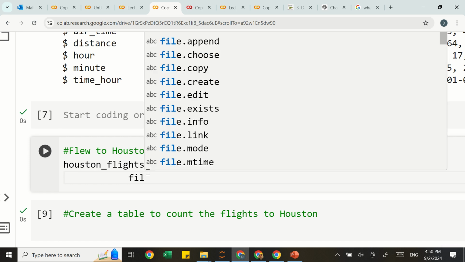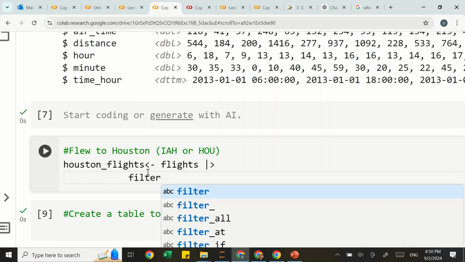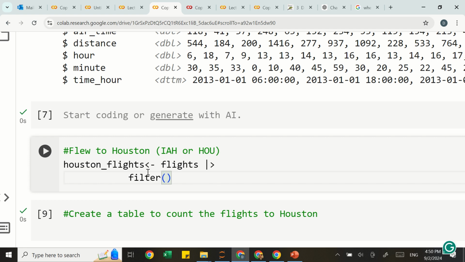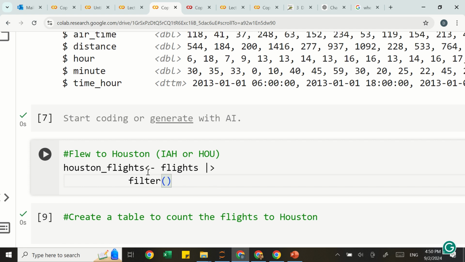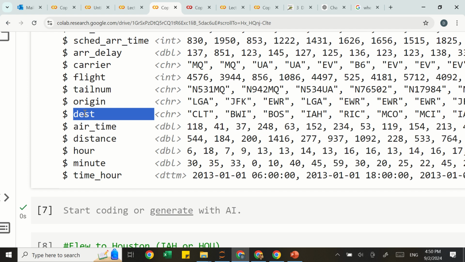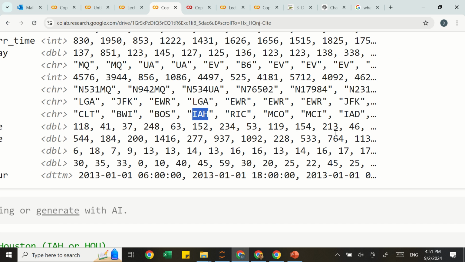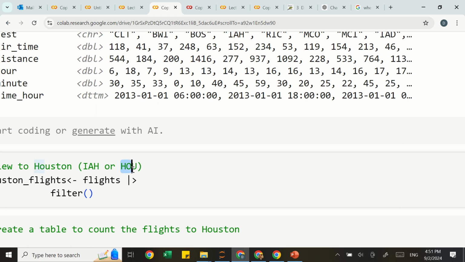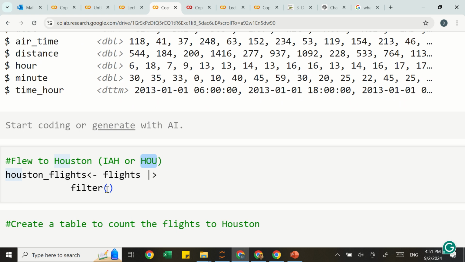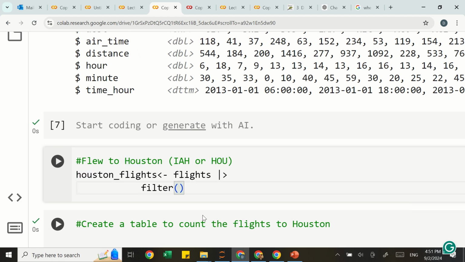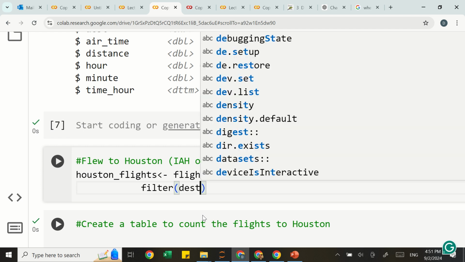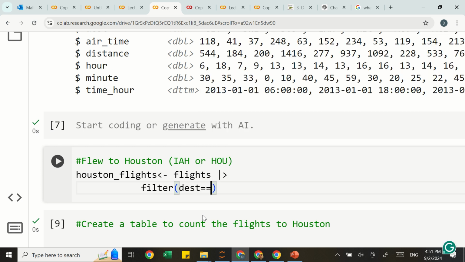And then filter the variable. If you check, it is dest, that's the destination, right? These are our destinations, IAH, and the other one is Houston, HOU. So let's filter the variable dest equal